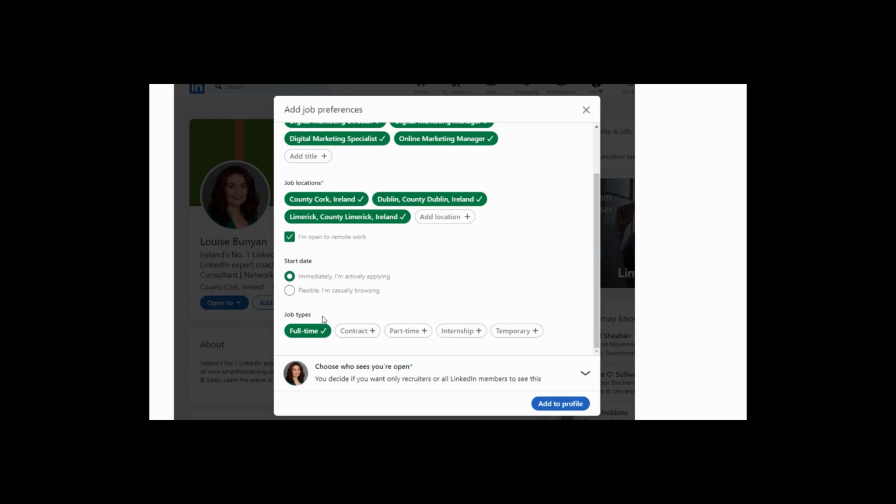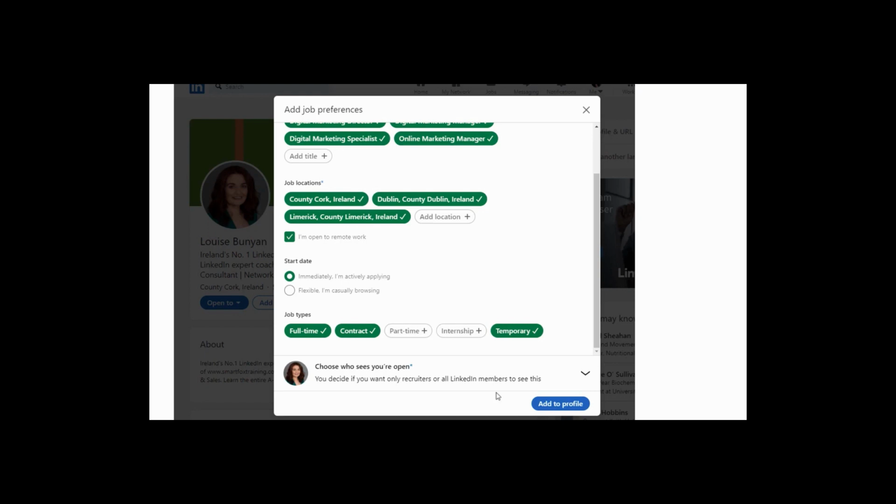And the next option then is job types. So they've given us these job types to choose from. So let's say I'm quite open to contract roles and I'm quite open to temporary roles. So we just click them to highlight them. And by the way, if you ever want to get rid of something, you just click on it as well, and that'll remove it. But if you're, let's say, a student perhaps, or for whatever reason you don't want a full-time role, you tick on the part-time option and tick on the internship option as well, whichever is relevant to you.